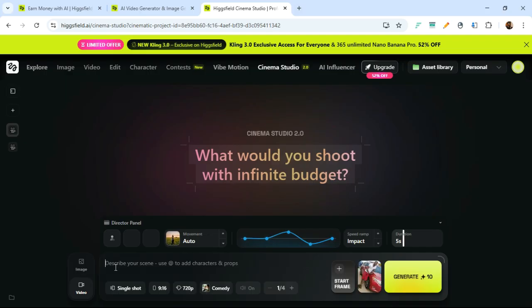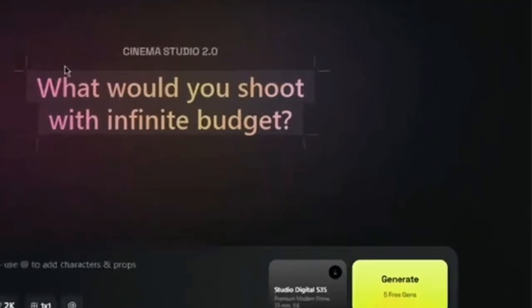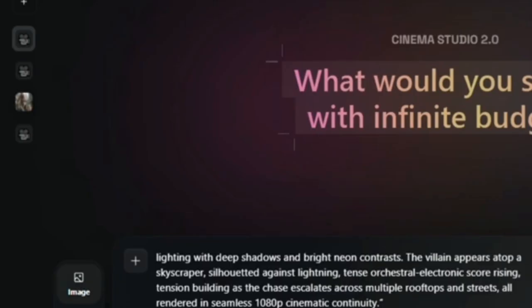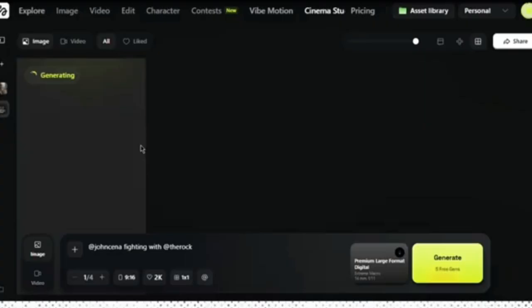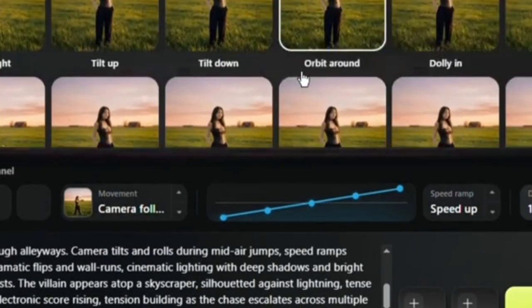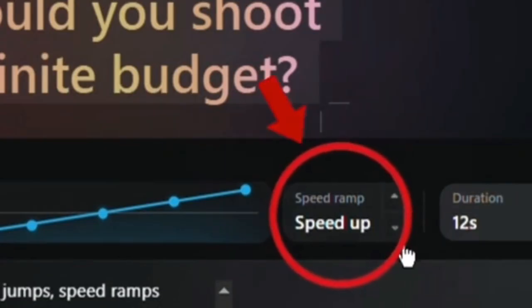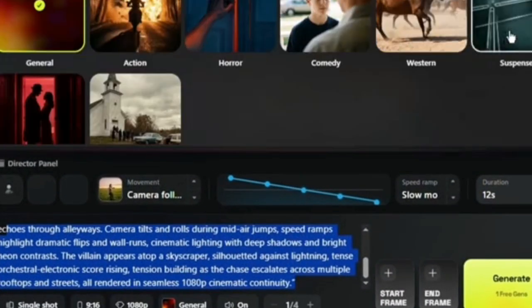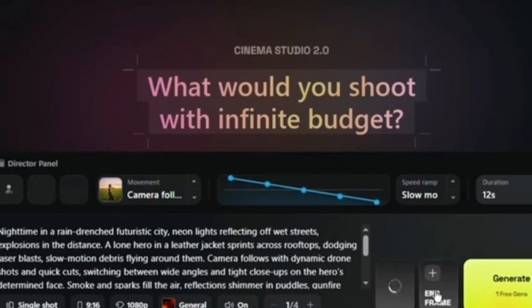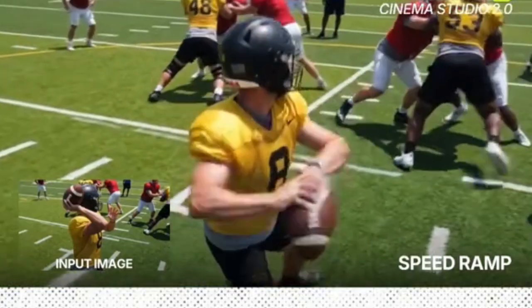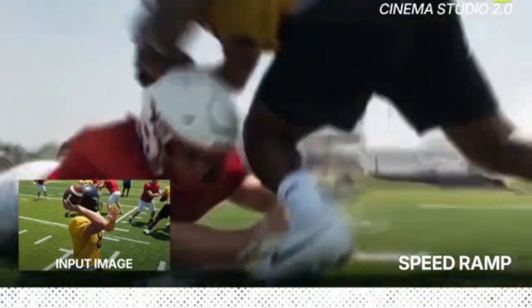Once you choose the start frame and end frame, you describe your scene. Now select your gear, like the camera sensor, lens, and focal length. Now write your scene prompt describing the lighting, subject and environment, and generate your image. Next, direct the motion. Set your camera movements such as pan, tilt, track or zoom. Now adjust the speed ramp to control slow motion or acceleration. Now pick a genre like comedy, horror, action or suspense. Add characters and assign their emotions. Finally, generate your video in the 1080p model. This then animates your hero frame with cinematic continuity, giving you full director level